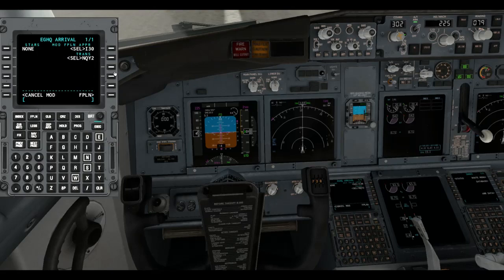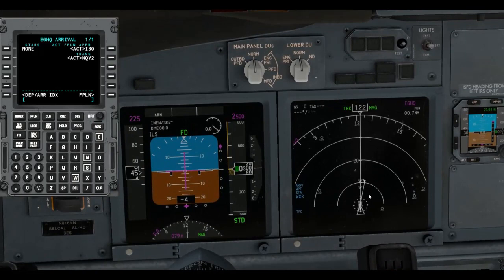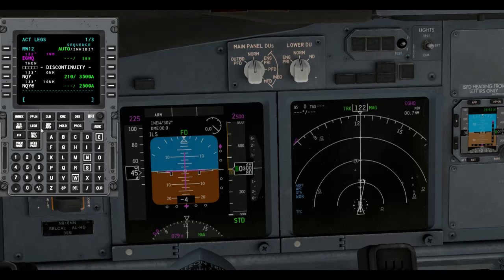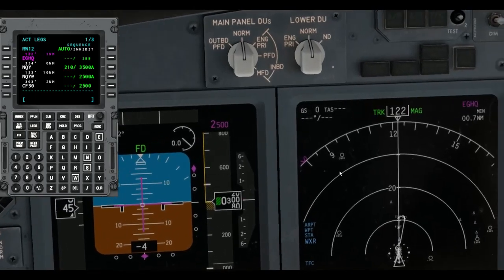So I'm going to do trans 2, execute it, and you'll see on the display that you'll get a loop, which is basically what I wanted. Then move this up to here to get rid of the discontinuity and execute that. And basically you are set for the legs. As you can see, we are going to take off on runway 12 at EGHQ, which is Nuki again, and